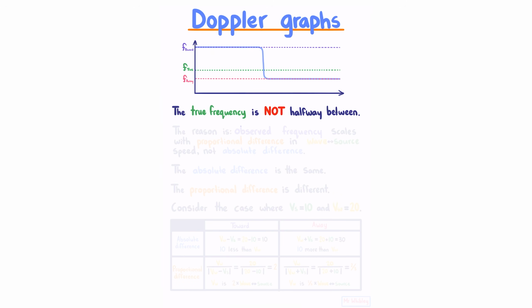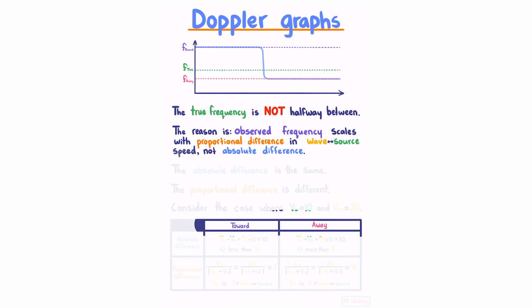Understanding the why is more of a scholarship physics level. However, for level 3 physics, it's sufficient just to know that the true frequency is not halfway between. It's fairly common in exams for them to try and trip you up on this. The reason for this asymmetry is that the observed frequency scales with the proportional difference in wave source speed and not the absolute difference. What I mean by that is if we have our toward and away situations, let's look